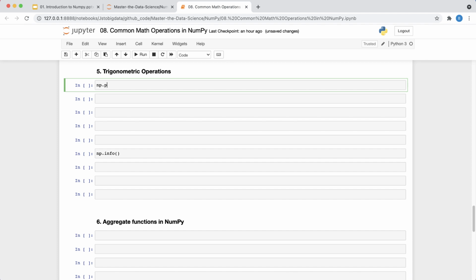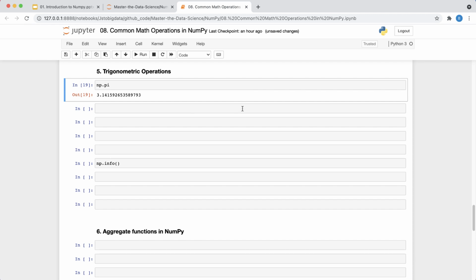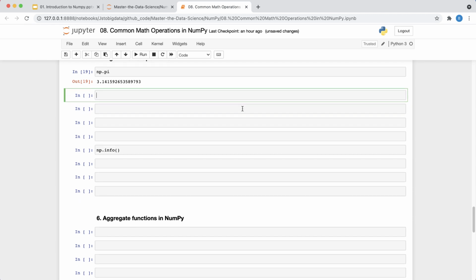It is also possible to perform a lot of trigonometric operations in numpy. So let's say if you want to know the pi value, you can just do np.pi. Similarly, if you want to calculate, let's say, sine theta of 90 degree, okay, by default it takes everything in radian, so you have to convert it from degree. So np.deg2rad, and I will pass, let's say, 90 degree.